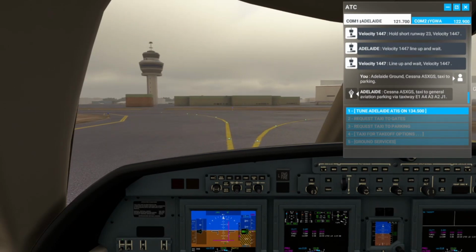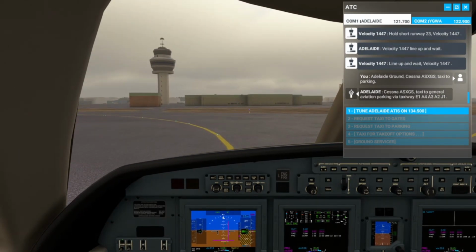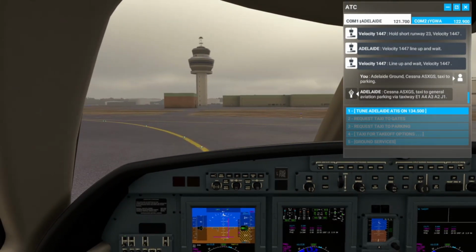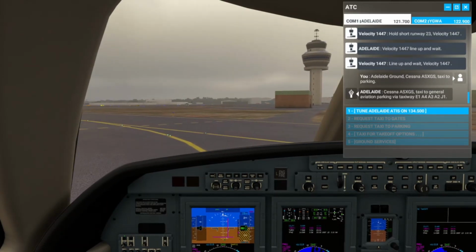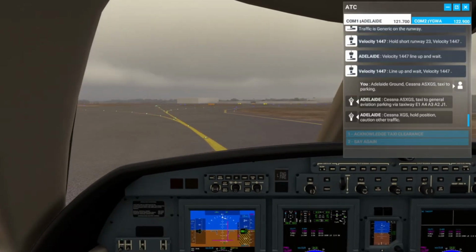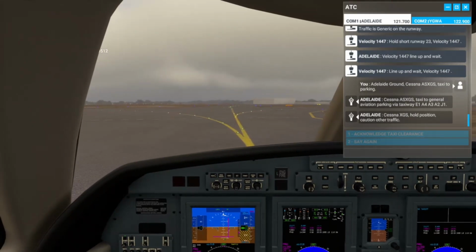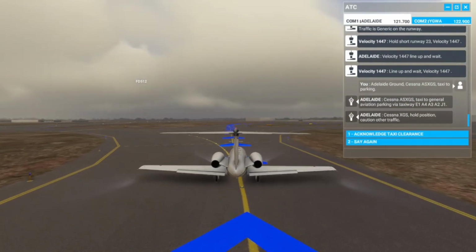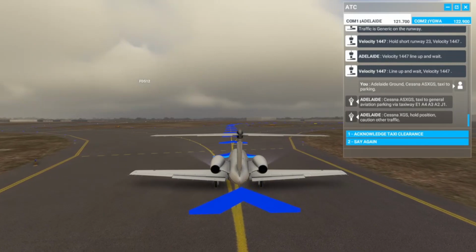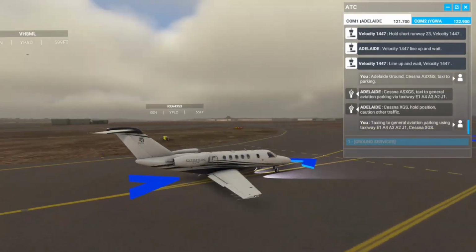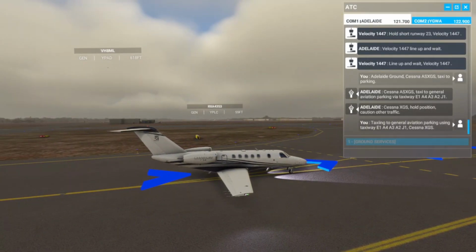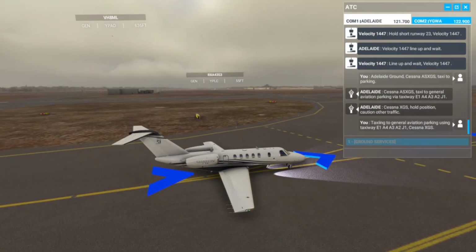Cessna Alpha Sierra X-Ray Golf Sierra taxi to general aviation parking via taxiway Echo 1 Alpha for Alpha Tree Alpha 2 Juliet 1. Cessna X-Ray Golf Sierra hold position caution other traffic. Taxiing to general aviation parking using taxiway Echo 1 Alpha 4 Alpha Tree Alpha Yeah, 2 I'm not- Juliet 1